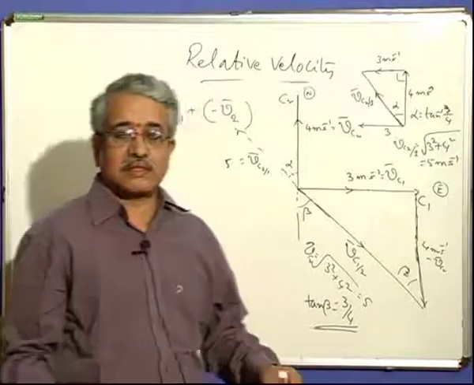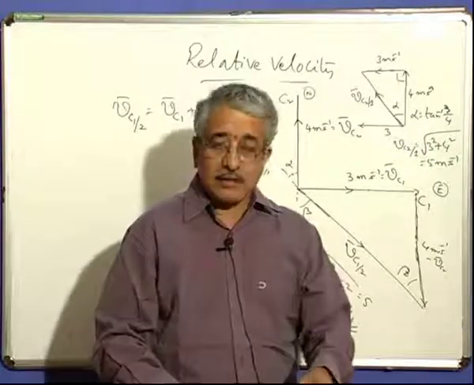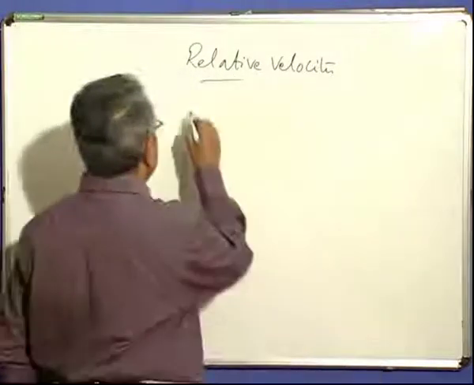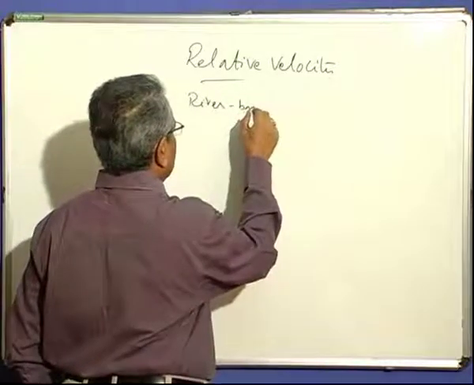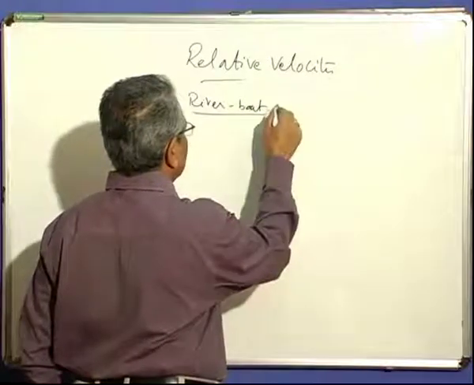Where do we come across these things? One example I gave you, when we are moving on the roads like that. Still we have got more important examples, so you can see them. Take the example of a riverboat problem. This is a famous thing that people often quote with reference to the relative velocity things, riverboat problems.